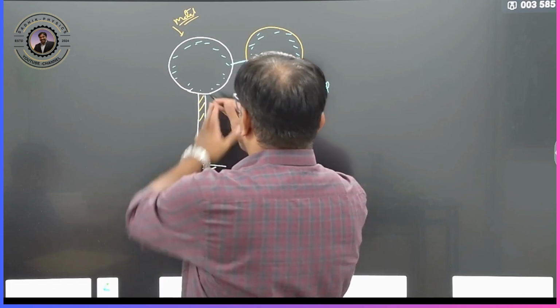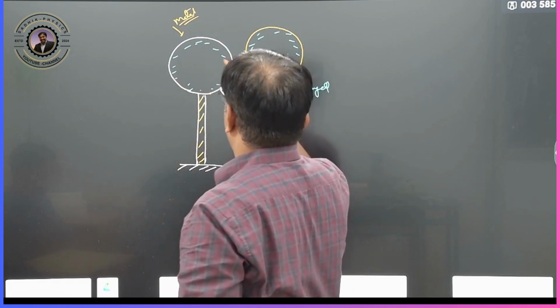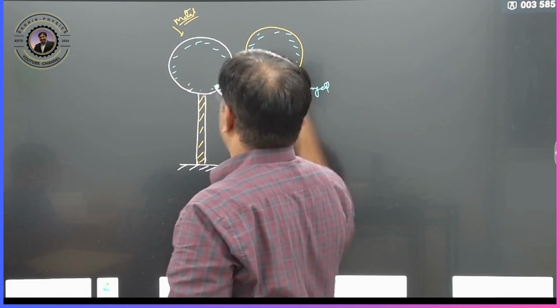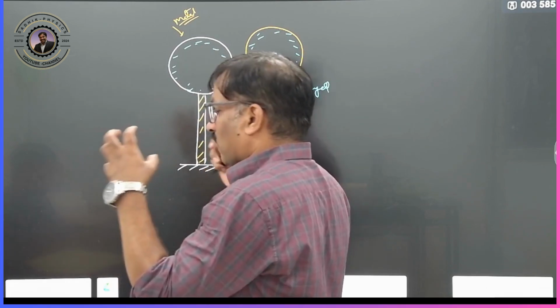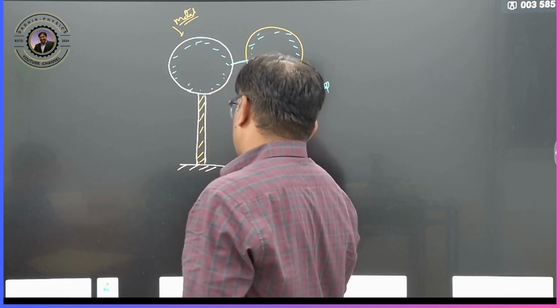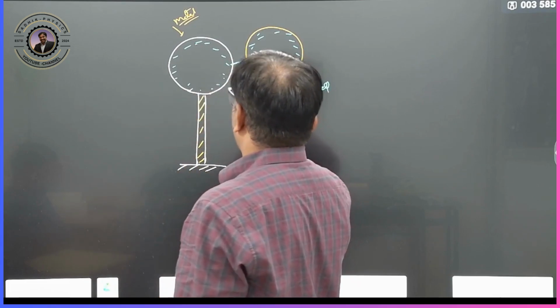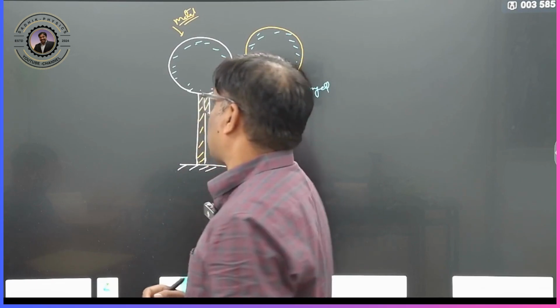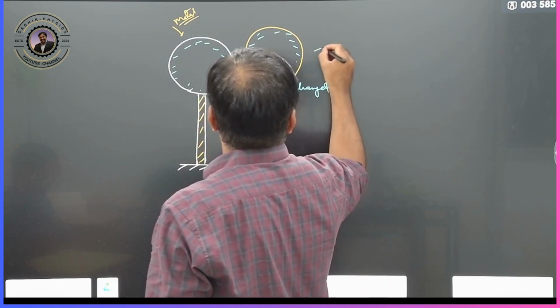Now if you separate them, this one will become a charged body and the other will also become a charged body. Here contact is there, so that is why we can make a charged body by conduction. So if they are identical,